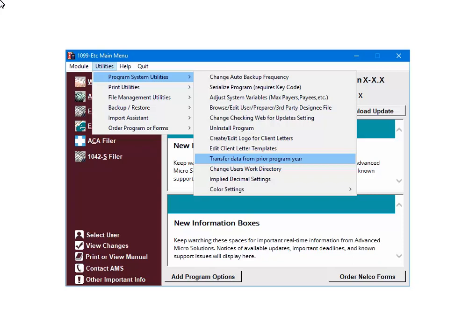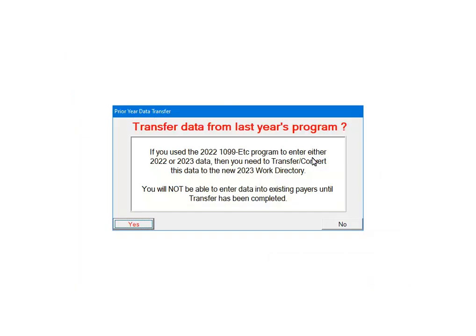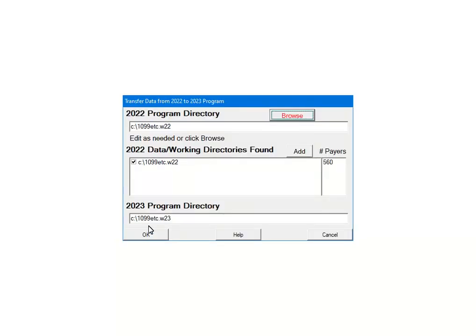programs. Open the program and from the main menu, select Utilities, then Program System Utilities, and finally transfer data from prior program year. Only the data from the prior year can be transferred. If you did not use our program to enter in your data for the prior year, click No. Click Yes to continue. For the purposes of this tutorial, the prior year is 2017 and the current year is